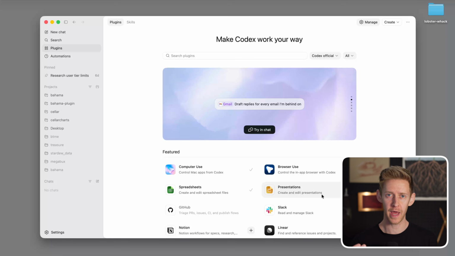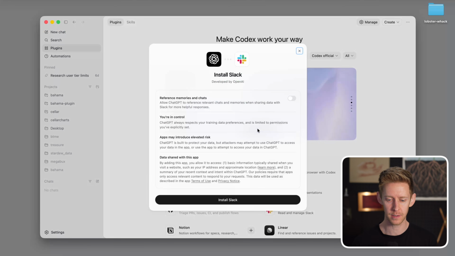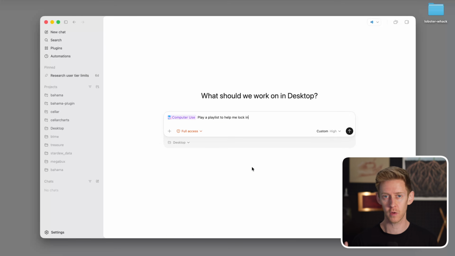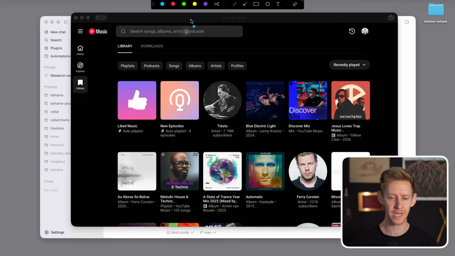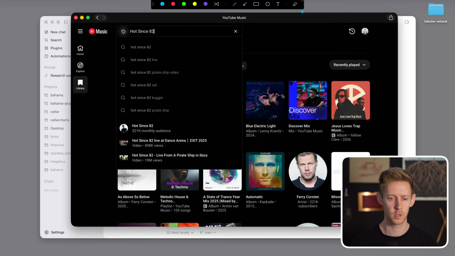Did you know that Codex now has a computer use plugin? This allows it to use a mouse on your computer and take screenshots to interact with apps on your computer outside of Codex. So let's try it in a chat. We can activate the computer use plugin and say, play songs by HotSense82 from YouTube Music. It found the app on my Mac. You can see it activated its own little cursor. Search for HotSense82,